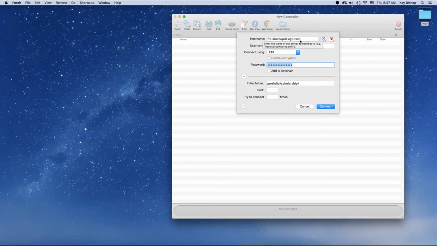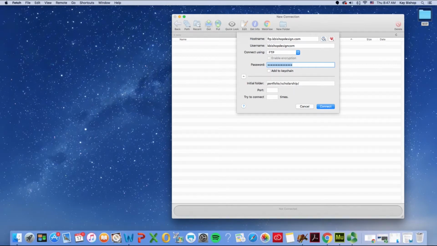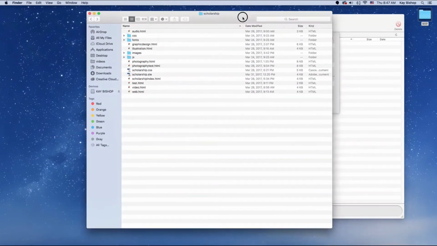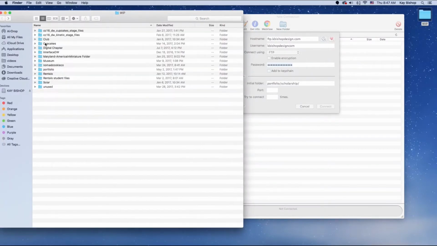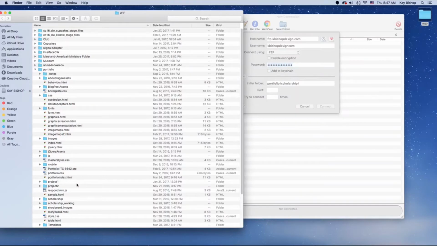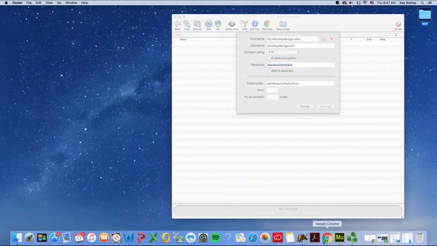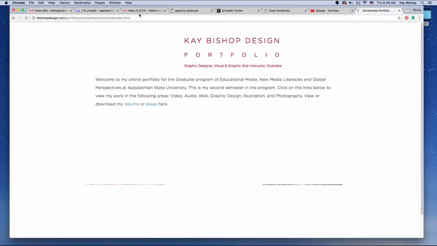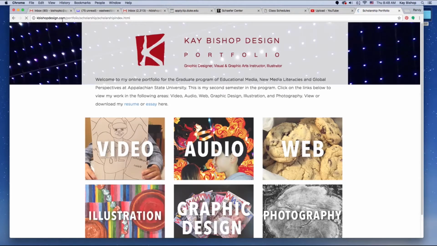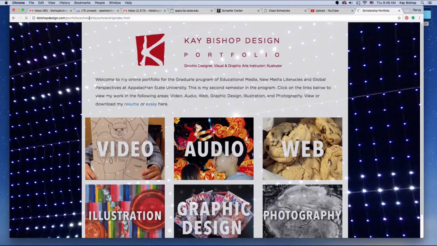Once I have that set up, then I can create a password and then look at my directory here. So I have that portfolio folder that I showed you, and within that portfolio folder is the scholarship folder. If I go back to that, you can take a look at the organization. So here's the scholarship folder within the portfolio folder with all my files for that website. And if you want to see what that website looks like, you can see in the directory of my website name, it's kbishopdesign.com. Then there's a portfolio folder, a scholarship folder within that, and then my HTML page is named